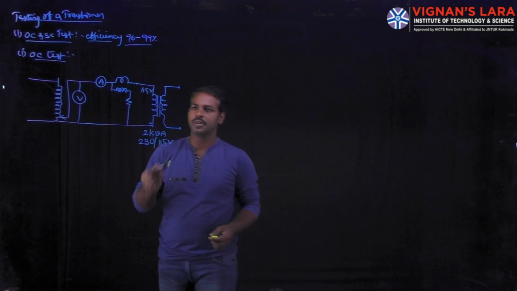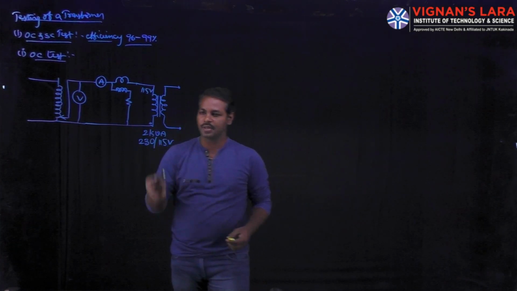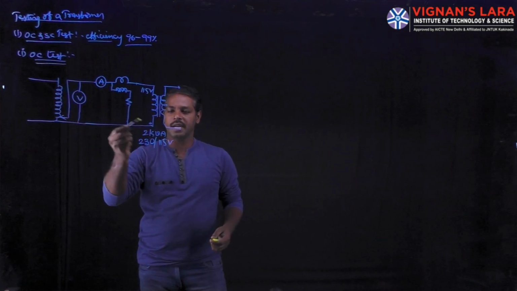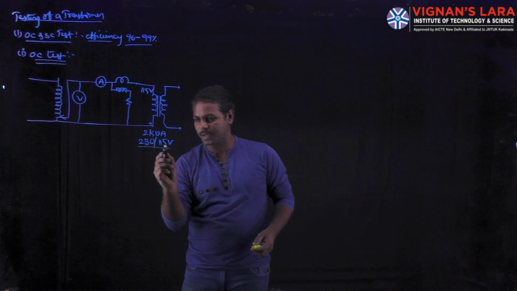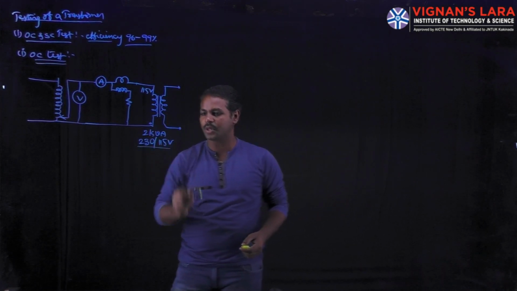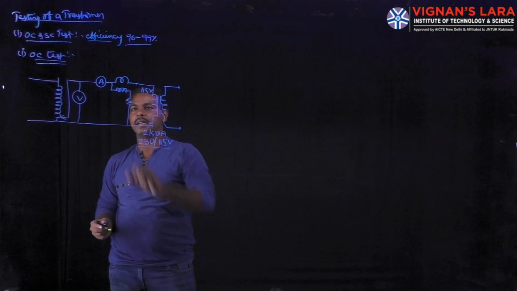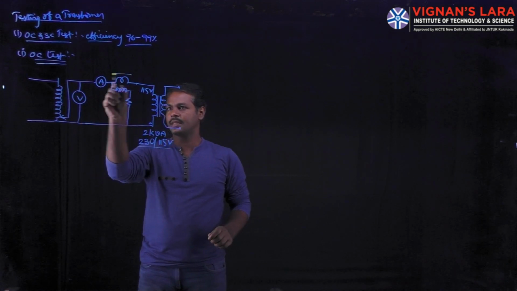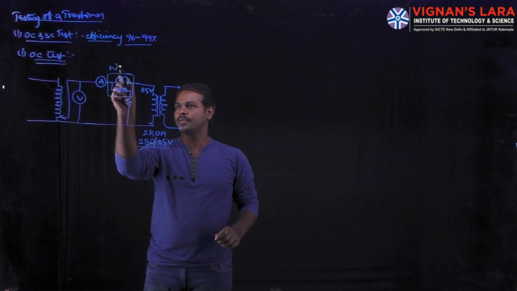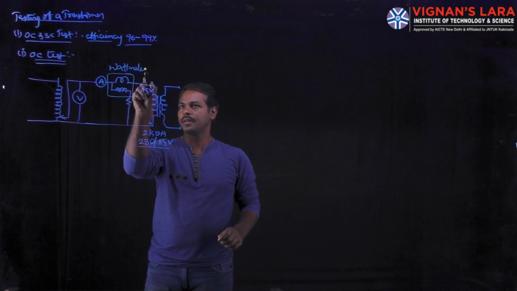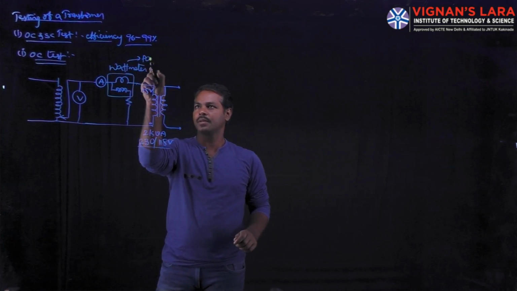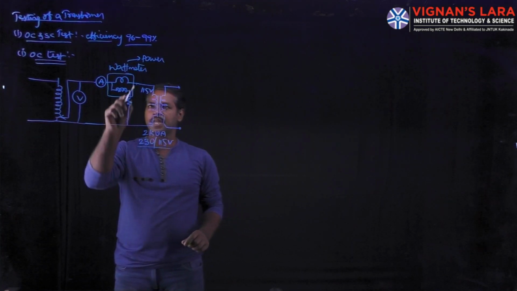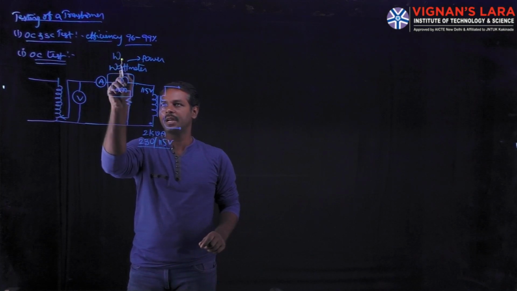Why are we using this categorization? Because the open circuit test is always conducted on the LV side, the low voltage winding. The transformer has a low voltage winding of 115 volts, which is carried by the primary side, with the voltmeter, ammeter, as well as the wattmeter, which always measures the power. Whatever power is absorbed by the transformer is directly measured by the wattmeter, which is denoted by W0.